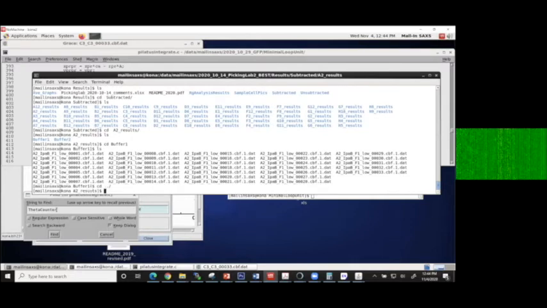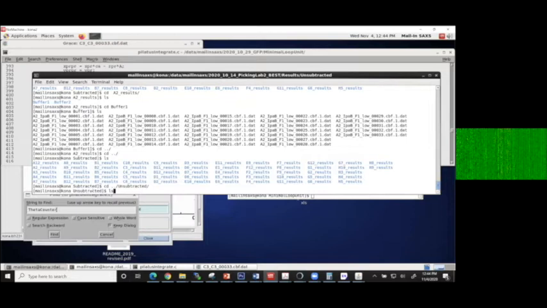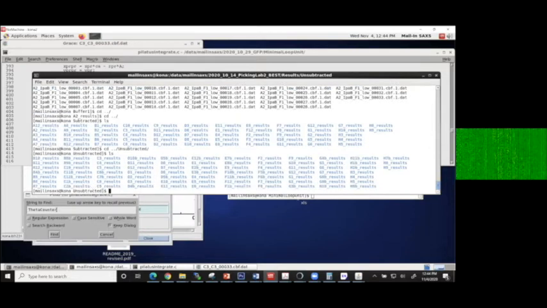So all your directories will have that. Also, there's an unsubtracted directory. And what this folder has is not only your samples, but it also has your buffers. So in these cases, no buffer was subtracted from the sample. They're just the raw curves. Okay. And you could plot them up. And some tools out there like Scatter or Primus,